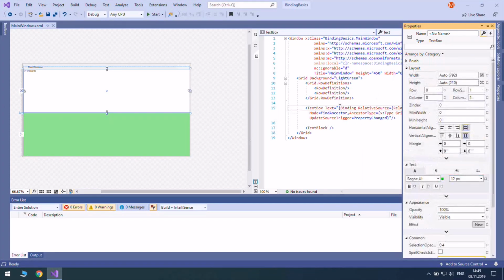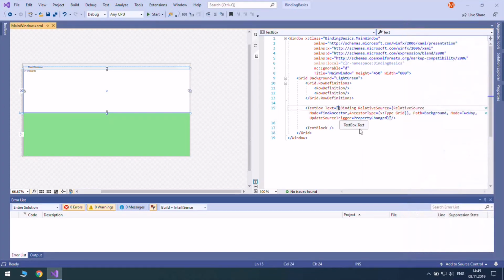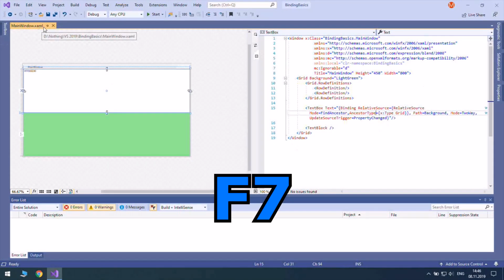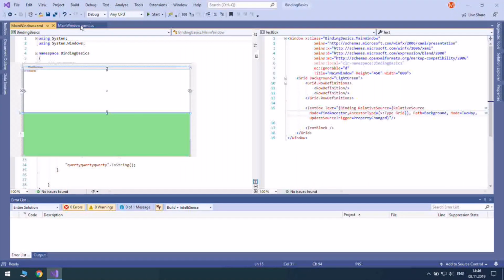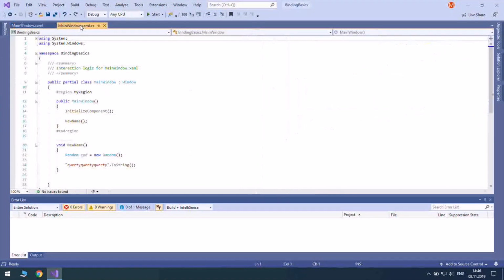So let's move on. Again, to open the CS file, which is associated with this .xaml file, press F7. So F7 takes you to the C# code. Unfortunately, it doesn't work vice versa.